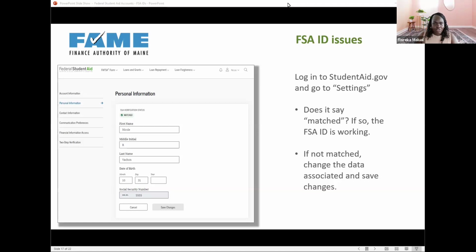So students can log into studentaid.gov and go into settings. Once they go into settings, if their ID is not matched, then we know that there's a problem. So you want to make sure that the ID is matched, and if there's any association and any data that needs to change. So for instance, if the student was living at the shelter and then they have that primary